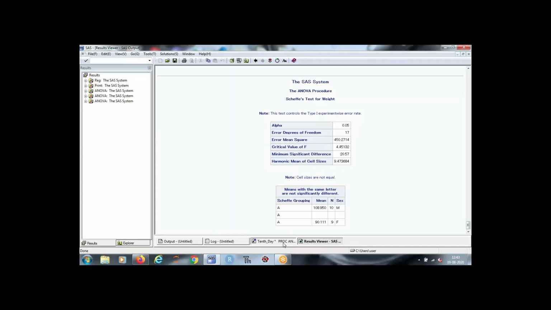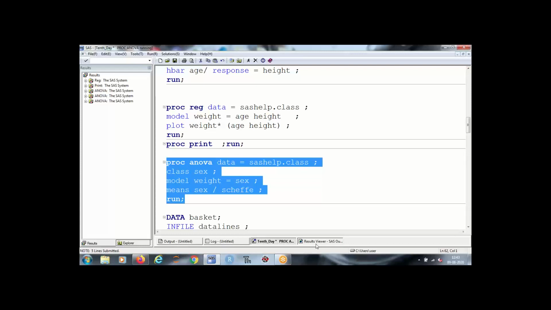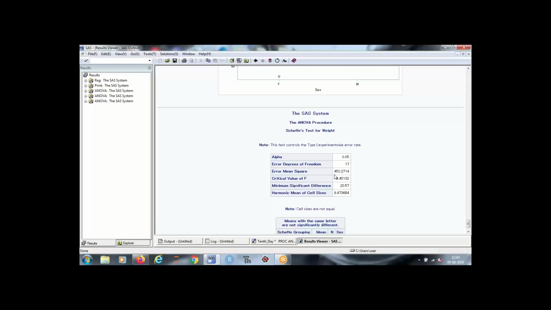So the ANOVA procedure gives me this output, the ANOVA table.